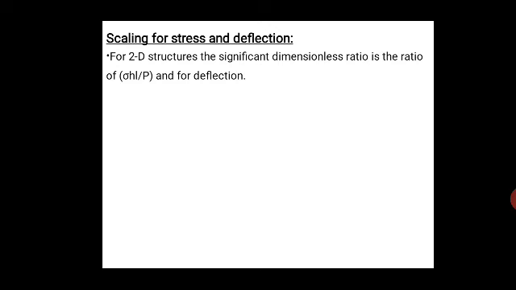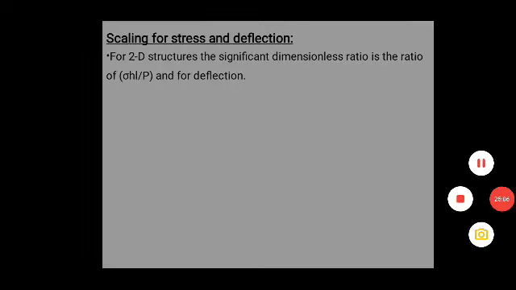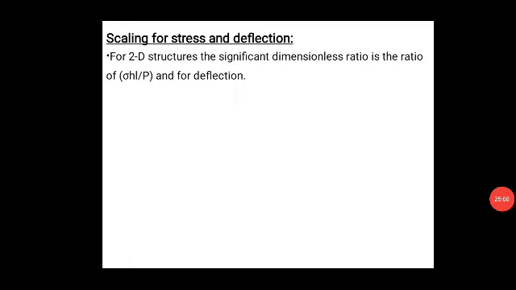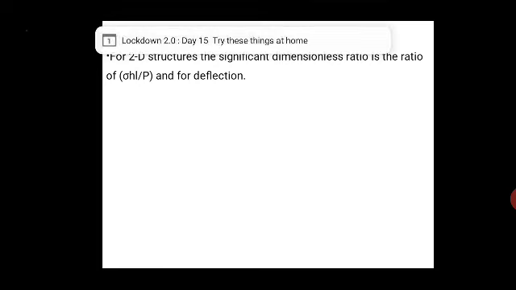For two-dimensional structures, the most significant dimensionless ratio is sigma h L by P, and for the deflection we can consider delta h by sigma h or delta L by P,